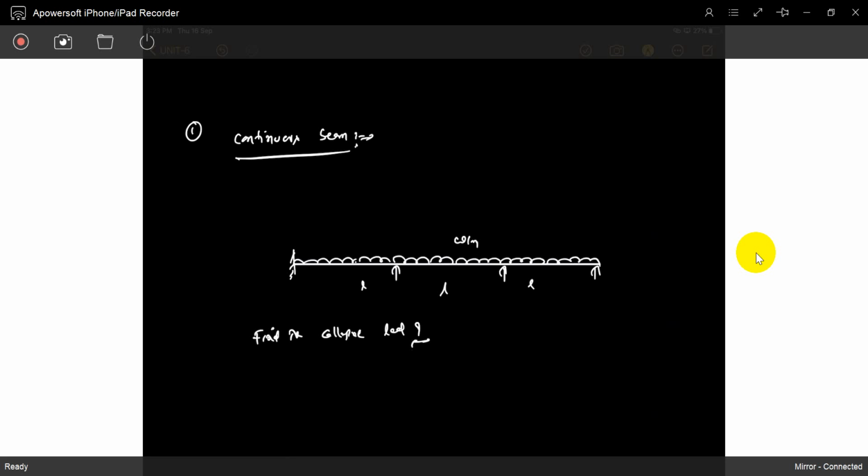If something like this is given, in the continuous beam, how many is the degree of indeterminacy? 1, 2, 3, 4 hinges are required. Four hinges are required to collapse the whole structure. But see what will happen in the continuous beam, not only continuous beam, anything. The total structure collapsing is one phenomenon, but the individual portions are individual.